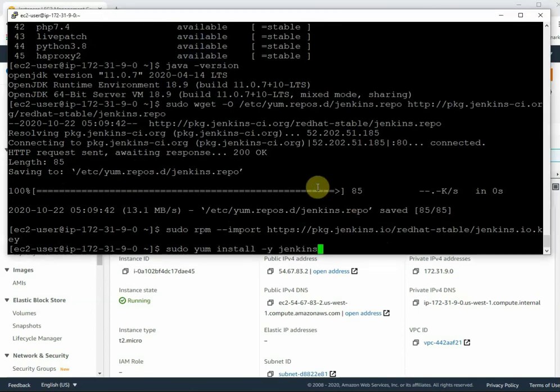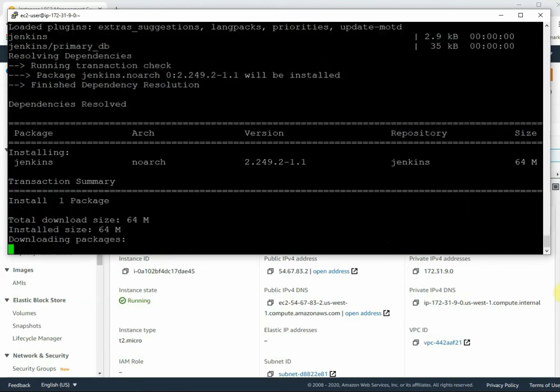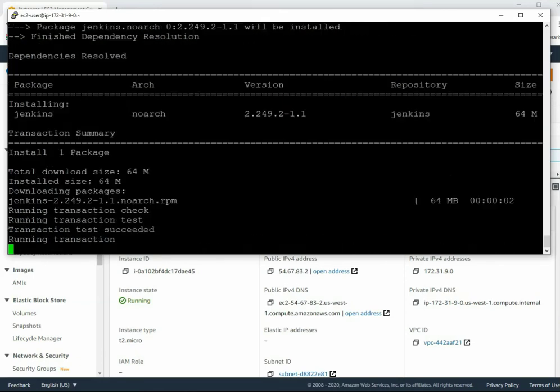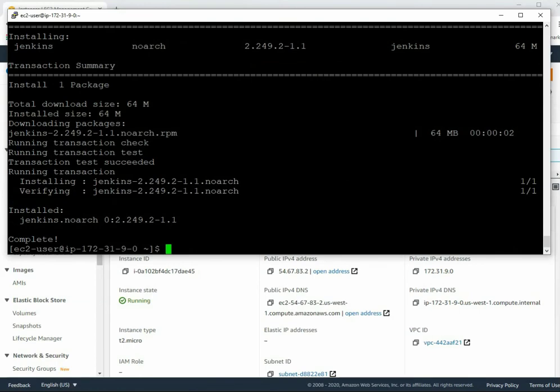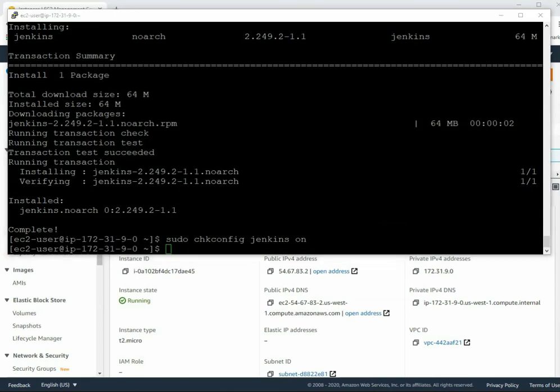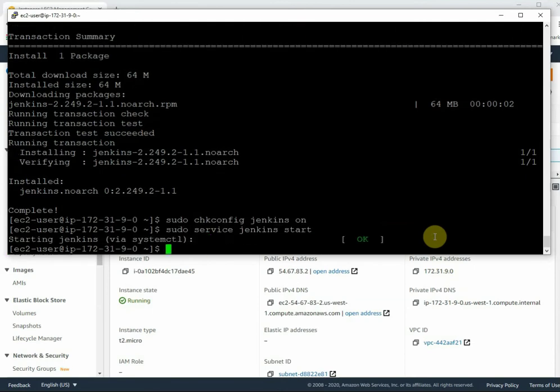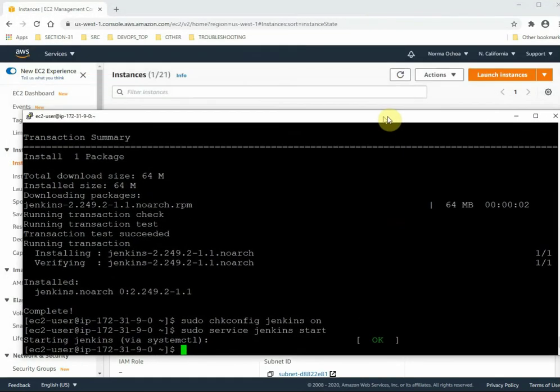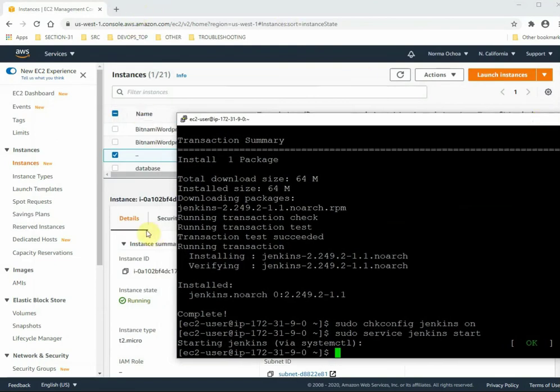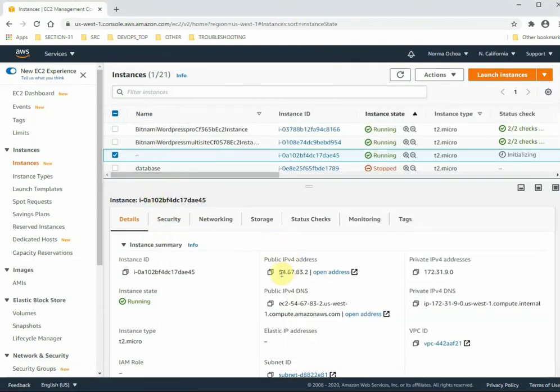Now we're just doing the installation of Jenkins. We're doing an additional configuration of the Jenkins server. And we started now Jenkins. What's going to happen too, so if we go back now to our Jenkins server, what we need to do is open